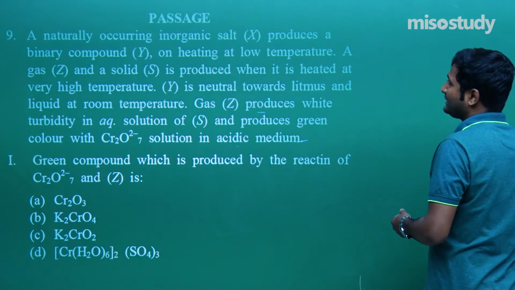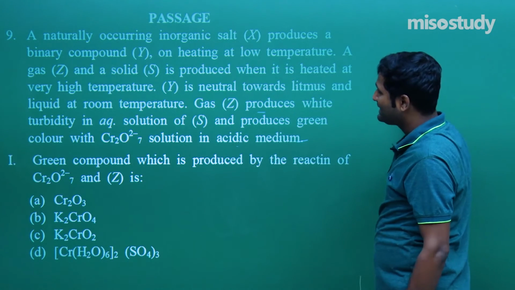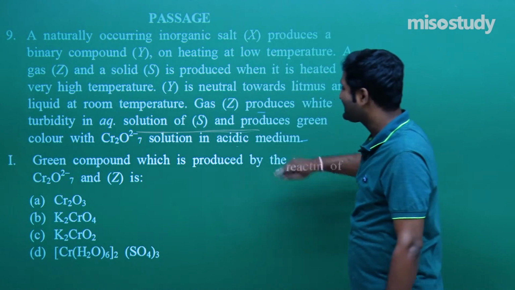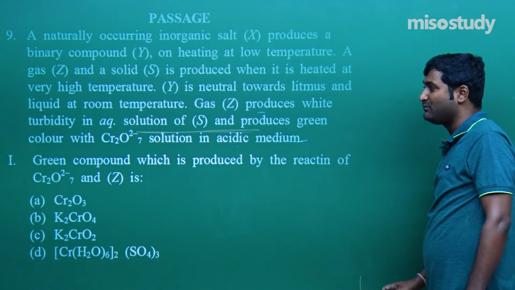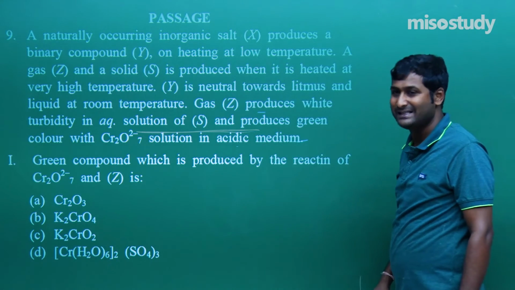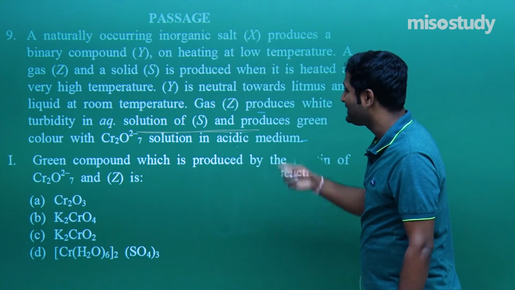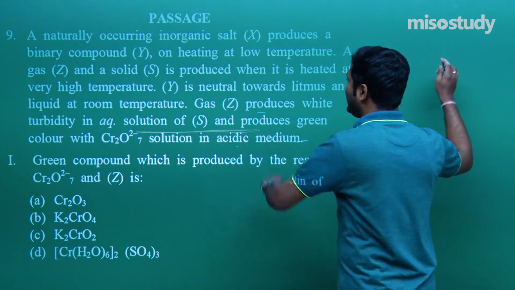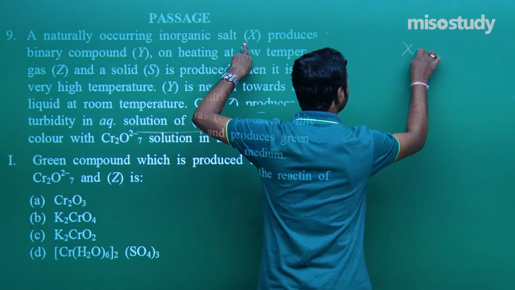Look at the component, because here it is given that there is an aqueous solution of S. S is not Na2O, not MgO. S is definitely CaO. Due to this reason, it gives white turbidity. And look at what I'm telling. The salt X is